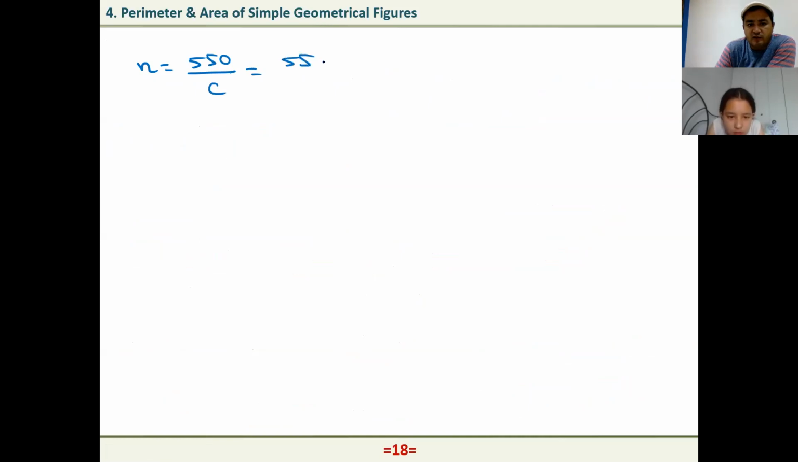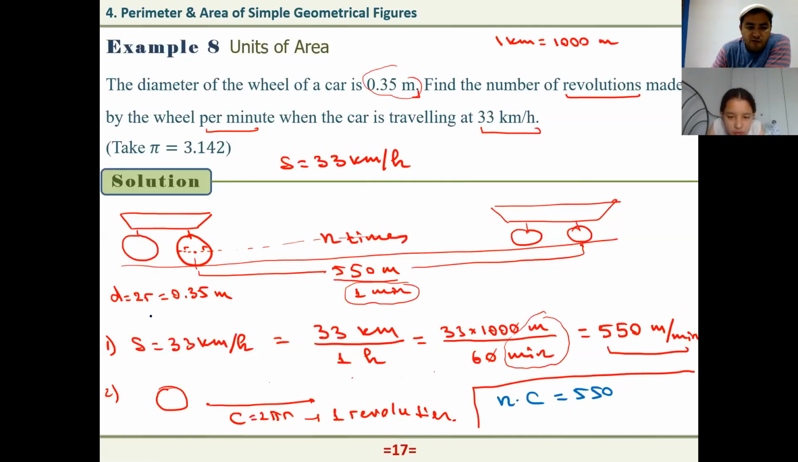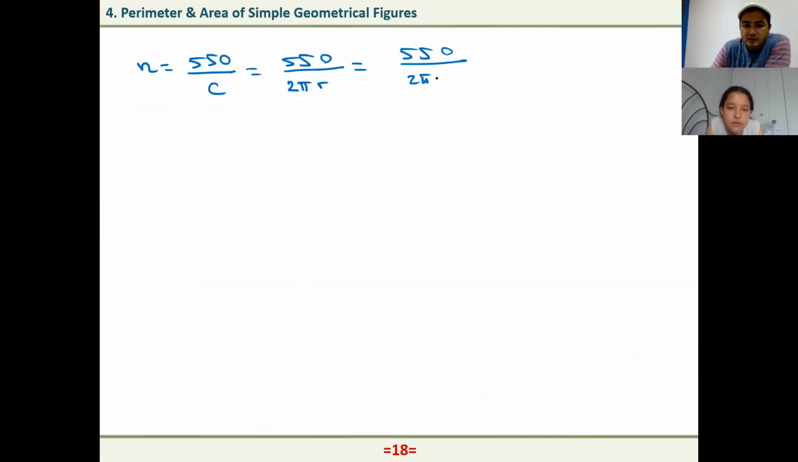Or that's equal to 550 over C, and C is 2 pi r, so 550 over 2 times pi times r. And what is our r? From here, 2r equals 0.35. Dividing both sides by 2, r equals 0.35 over 2. So here we have 550 over 2 times pi times 0.35 over 2. Now if you simplify, the 2 cancels each other. What we have here is 550 over